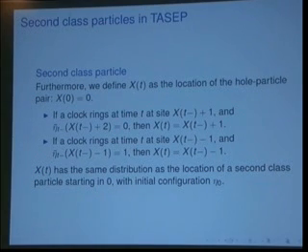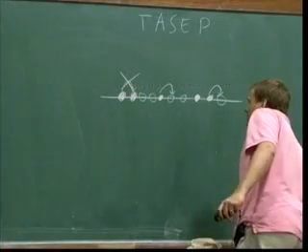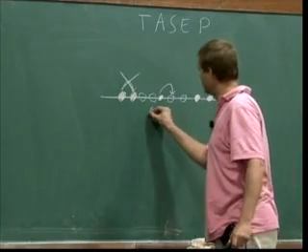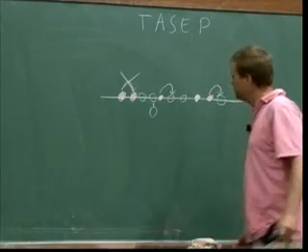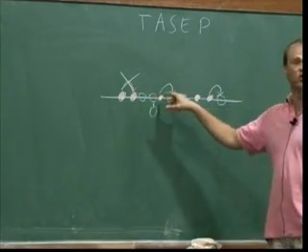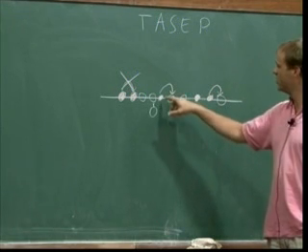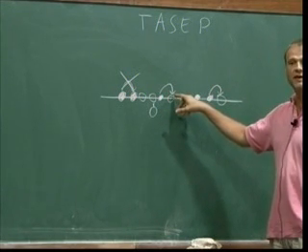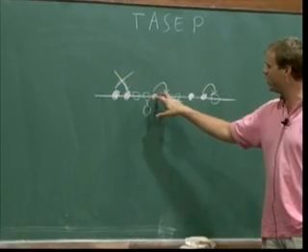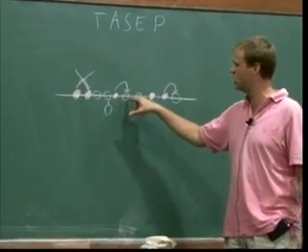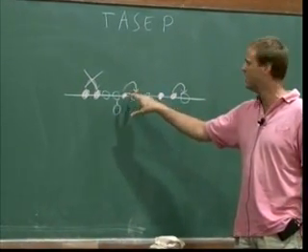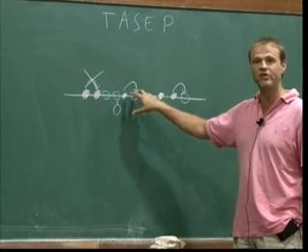X_t is the location of the hole-particle pair, and it follows the following rule. Suppose that this is the origin, so this hole-particle is the actual pair we are looking at. Now, if the particle moves to the right, then we say that the hole-particle pair also moves to the right. Because if this one jumps, a hole is created here,